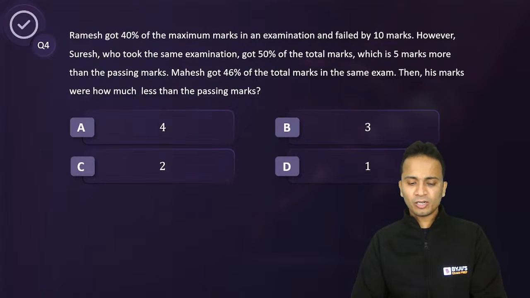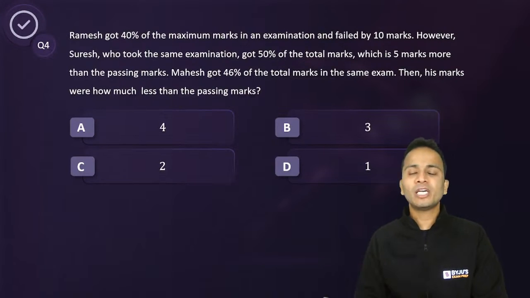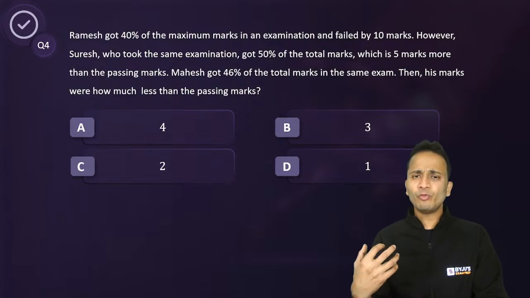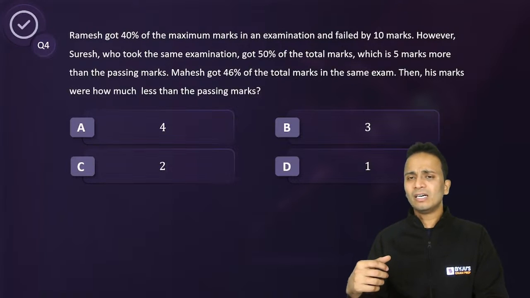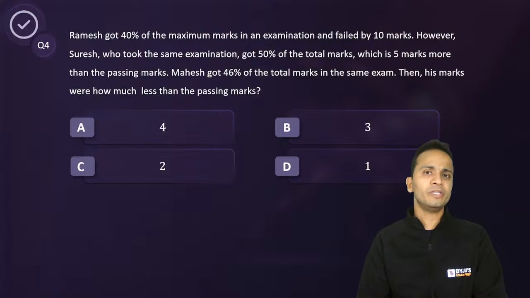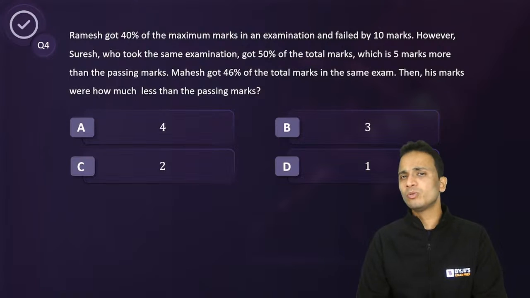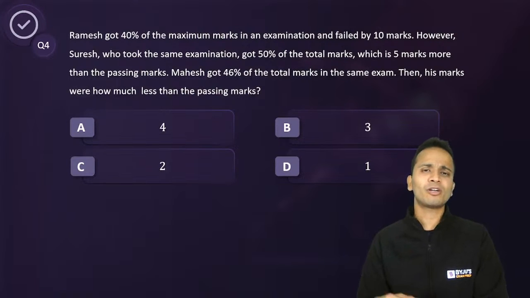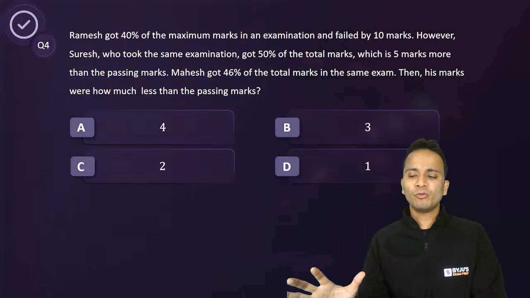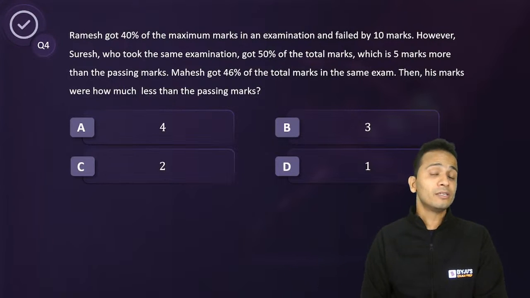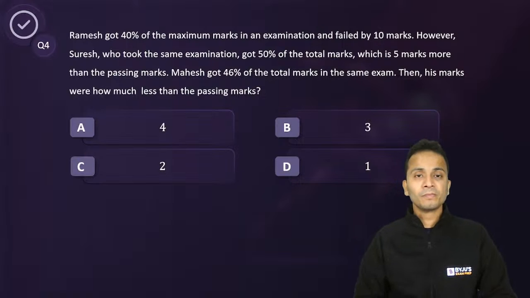V Shyam says that log is the strength of mind. Shyam, I share the same opinion. Logarithms जितना हम लोगों ने difficult समझा हुआ है, it is actually not that difficult. We have a fear of logarithms, which should not be there. I have been telling all my students again and again that if they study logarithms for just 1 or 2 days, then the entire phobia will be over and they will start enjoying solving the questions of logarithms. So quickly, question number 4 का आंसर चाहिए मुझे जल्दी से.